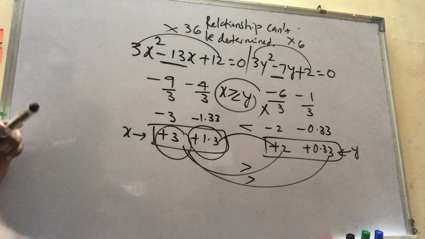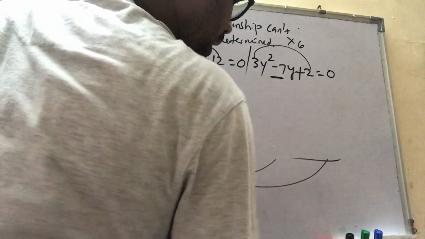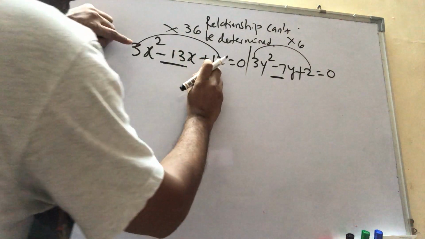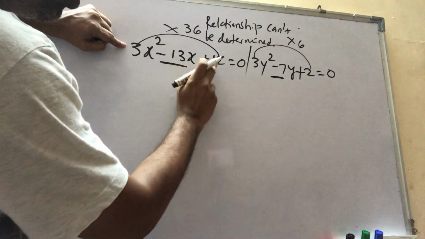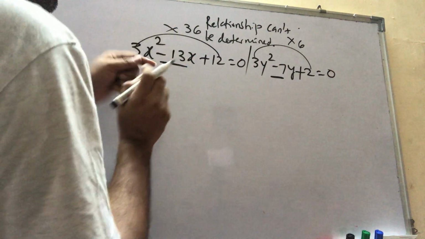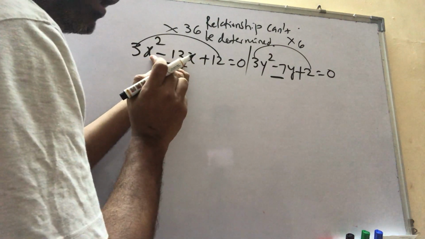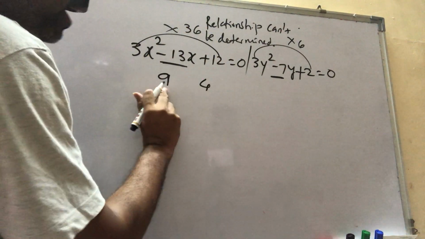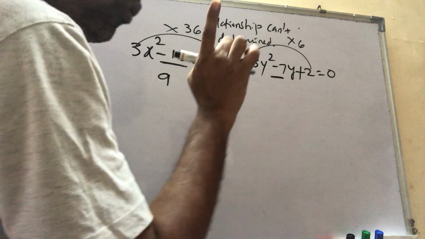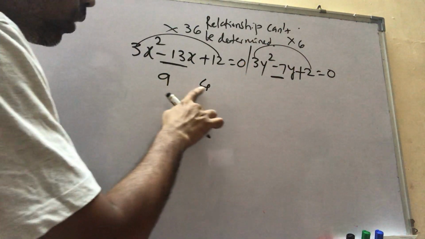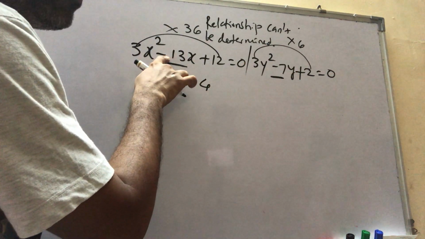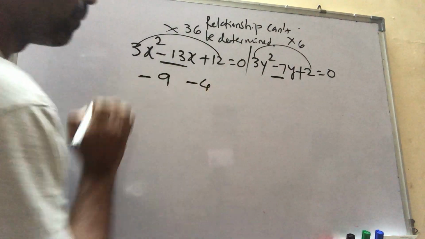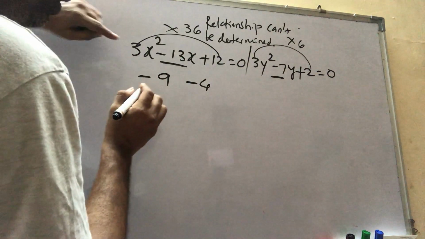See here what we have done. Look at this. Again I will explain the same problem to everyone. See the multiplication 12, this is plus and this is also plus. So 12 into 3 is 36, and the addition should be what? Minus 13. So the multiplication 9 into 4, 9 fours are 36, and if you add them it should be 13, but it should be minus 13. So both factors are in minus: minus 9, minus 4. So now here we have what?